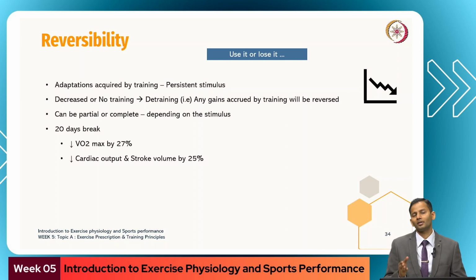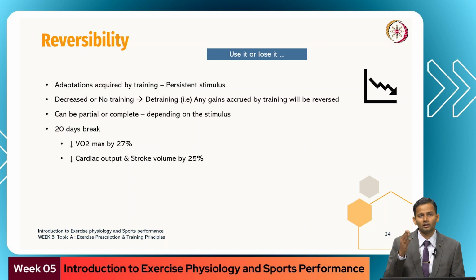So for example, if the individual is on a 20 days break, so I have an athlete who has been training well for say 6 months or so, and the individual has to travel abroad. So he's gone abroad for 20 days and not under my supervision, not doing any particular exercise training. In such an individual, you will find maximal oxygen or the aerobic power capacity dropping by almost 27% from the last